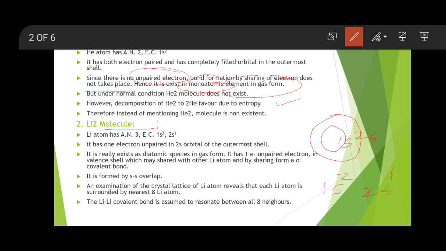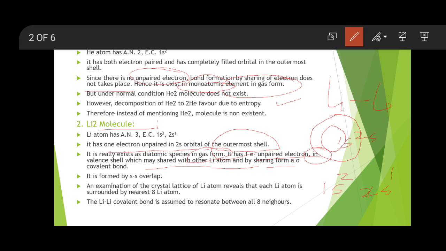There is 1 unpaired electron in the 2s orbital, the outermost shell. Lithium really exists as a diatomic species in the form of gas because it has 1 unpaired electron, and this electron in the valence shell is shared with another lithium atom, and there is formation of